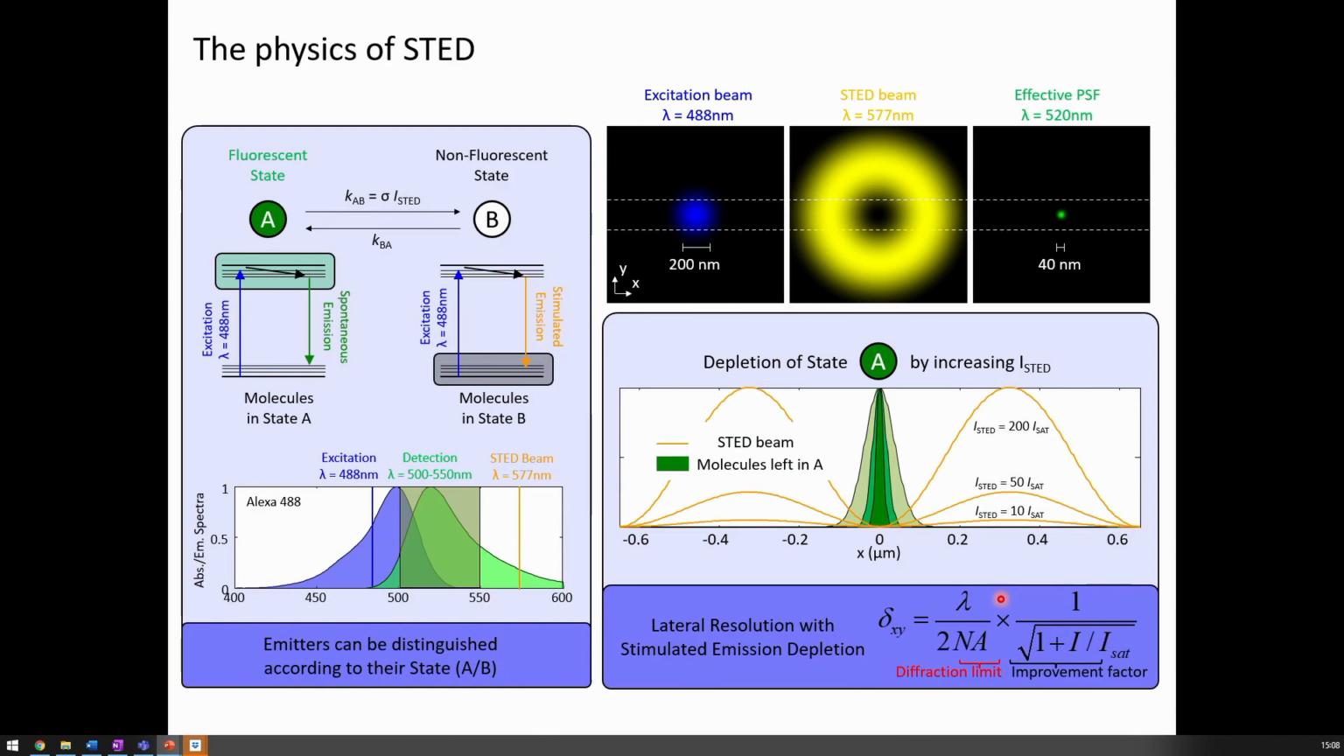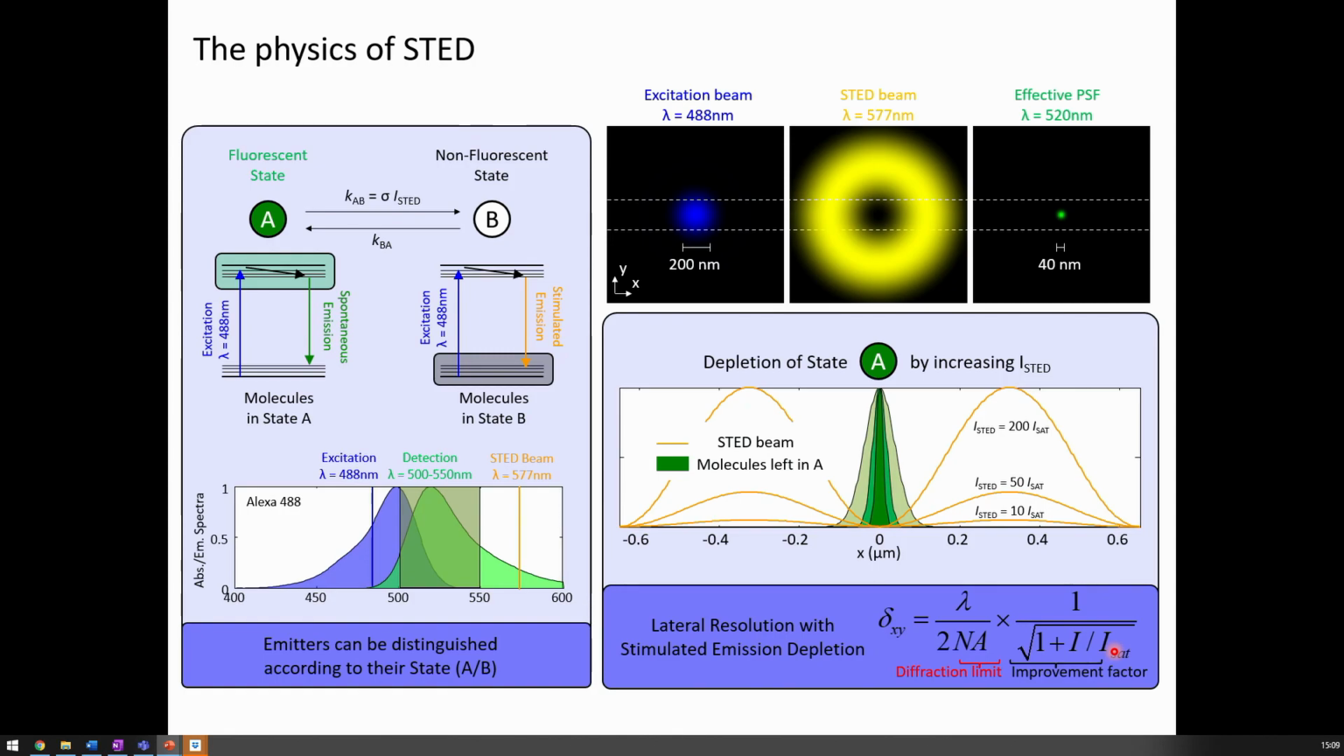You drive population up, and then you drive the population down with spontaneous emission, and then what you get is an effective excitation region that is exactly what we had before, lambda over 2NA. But this lambda over 2NA is now modified by the suppression factor 1 over 1 plus I over I sat, where I sat is